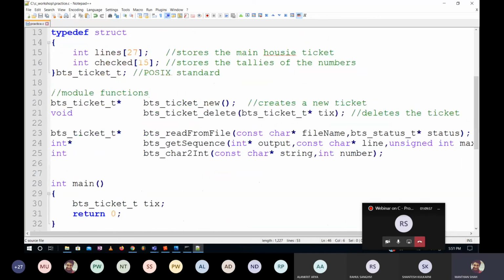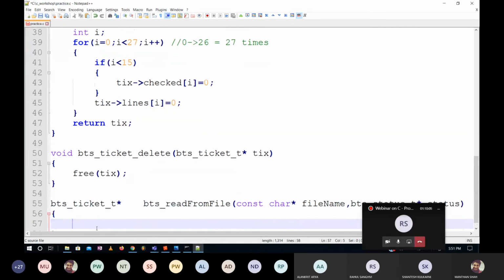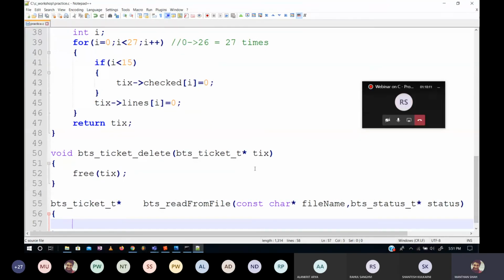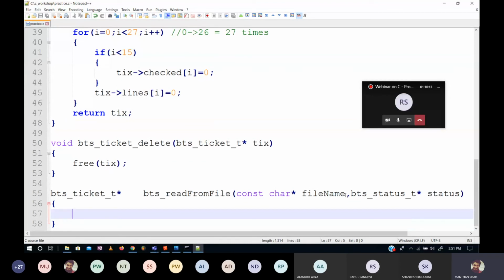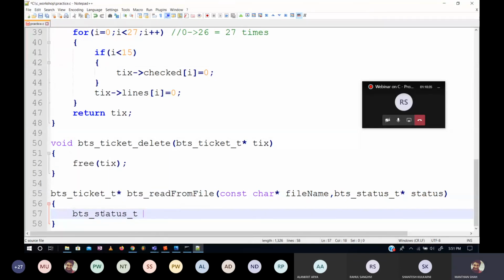Chalo, this is done. We'll then now work on this one. Now, in this case, you have to realize that somebody who is going to call this function is going to provide me with file name, and he or she will probably provide me with status. सबसे पहले I'll need to check कि उसने file name बरोबर डाला है कि नहीं, because if it doesn't give me input parameters बरोबर से, I cannot do my function properly inside this. So what I'll do is I'll first create a local variable of type bts underscore status underscore t.